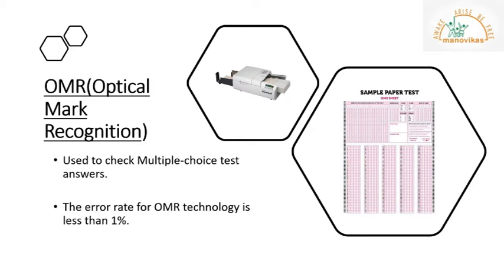Now, this is called optical mark recognition. It is a device used to recognize marks on specially printed forms and sheets. It reads predefined positions and records where marks are made on the form. It then transmits this information to the computer. This technology is used where a large number of hand-filled forms need to be processed quickly.